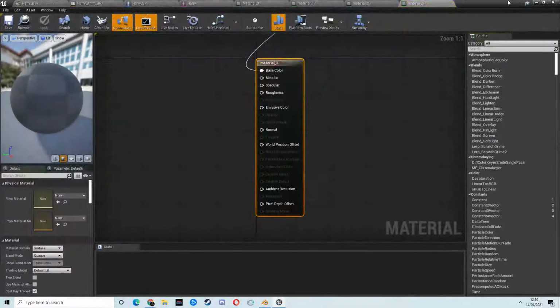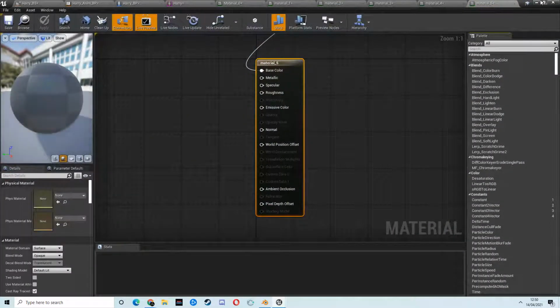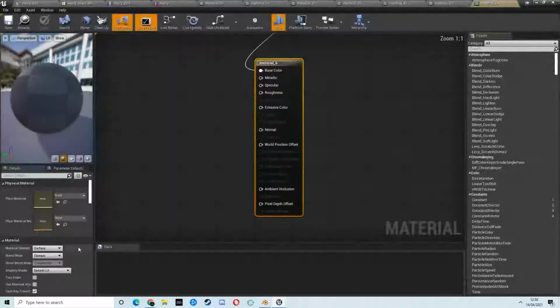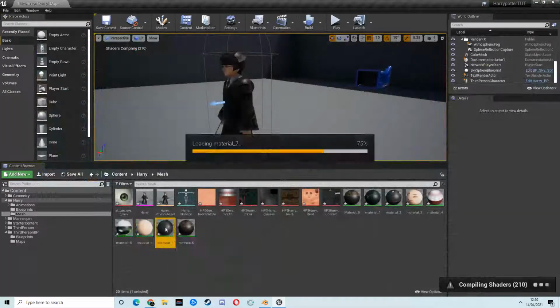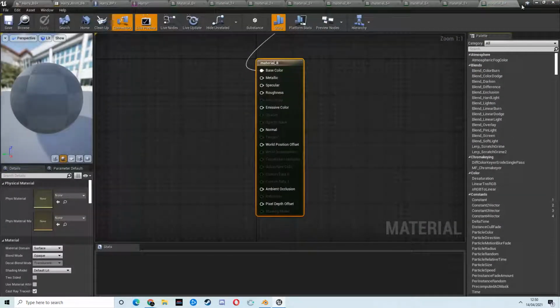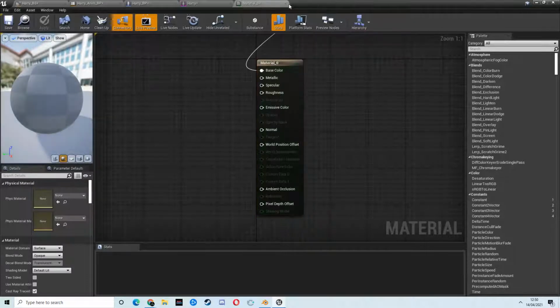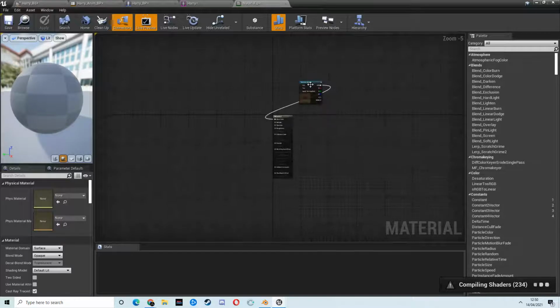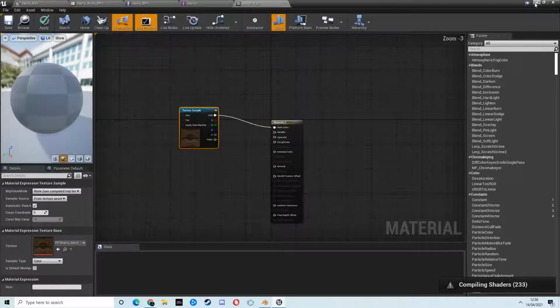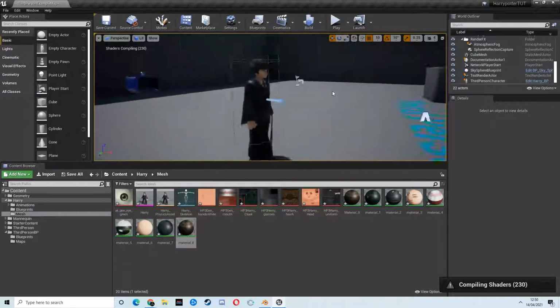So it does look like it's a clipping issue or not drawing the faces. It sees that as the back plane, and it's being told not to draw that. I don't know if I can fix that directly in the engine, or if I have to go into Blender to do that. But I'm not going to worry about that. This is more about getting a character set up, it's not really a modeling tutorial or anything like that. But let's see if we can figure out what part of